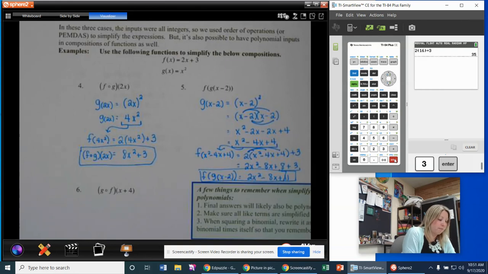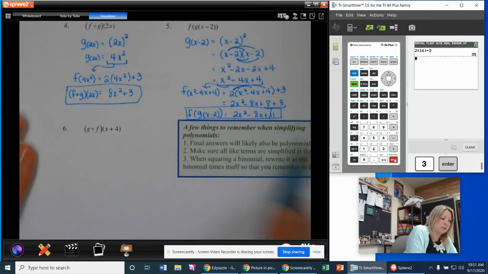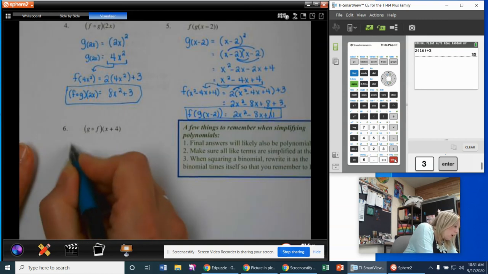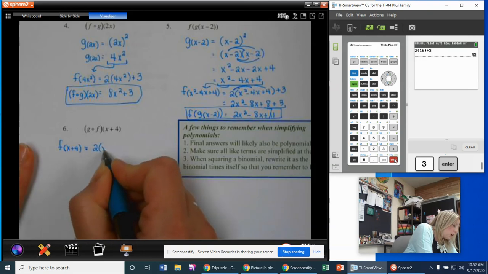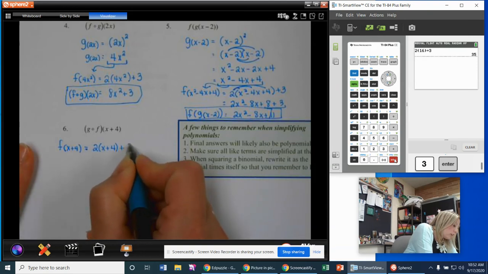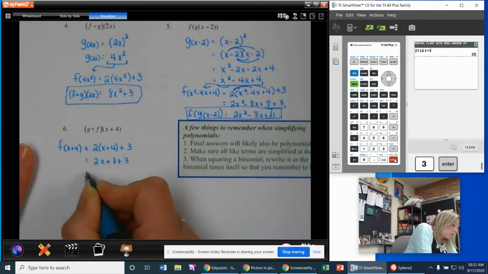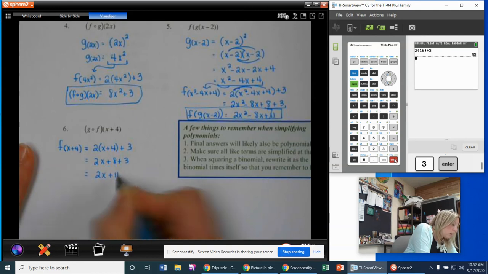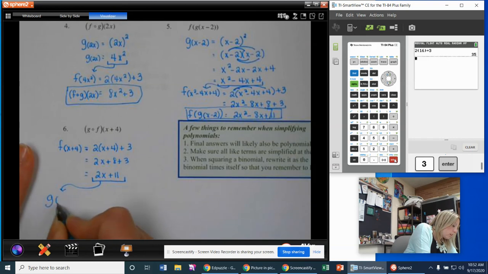All right. Okay, one more. Plugging in x plus 4. This nice box says the things I've already reminded you of. f of x plus 4 equals 2 times x plus 4 plus 3. So I distribute the 2, and now I combine like terms. And this guy goes in for the g function. So g of 2x plus 11 equals